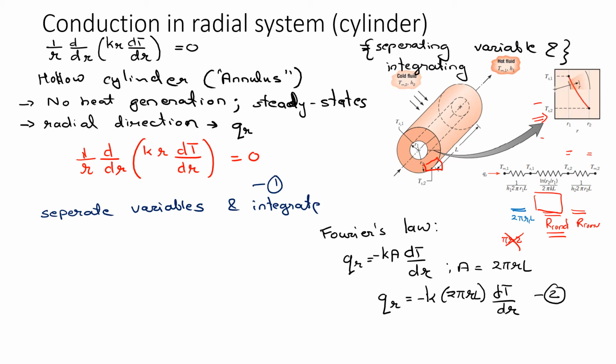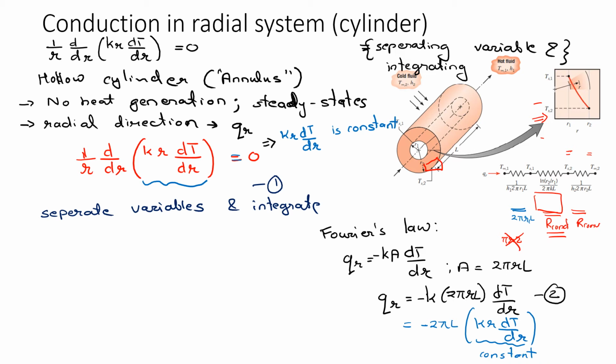Now why we looked at Fourier's law first is because if you look at equation 1, or the heat diffusion equation, what we see is that the second order derivative of temperature is equal to 0. Now what this implies is that if you integrate this once, the term in this bracket right here is constant. So it implies that your k r into dT by dr term is constant, right? So if you go back to Fourier's law, we can write this as minus 2 pi L into k r times dT by dr. So this particular quantity is constant,